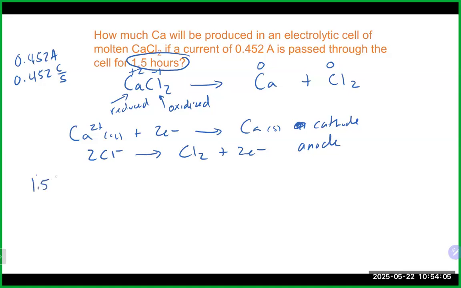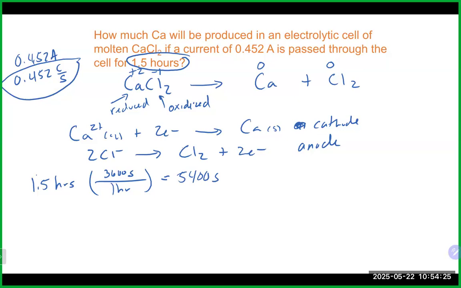So I'll take 1.5 hours. And 1 hour, there are 3,600 seconds. And that's going to get me 1.5 times, not subtract, times 3,600. That gives us 5,400 seconds. We now can use the current of the cell, and we can go 0.452 coulombs per second. They're going to cancel, and that's going to get us here